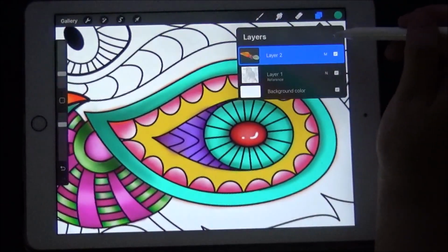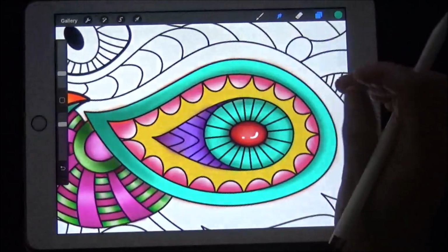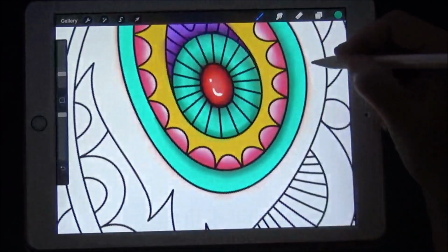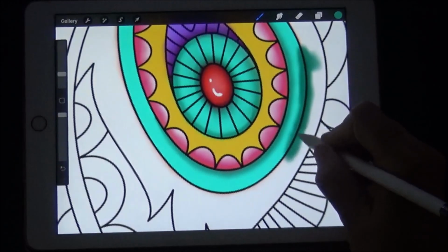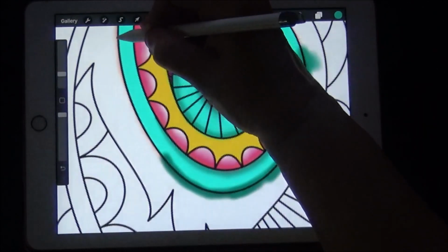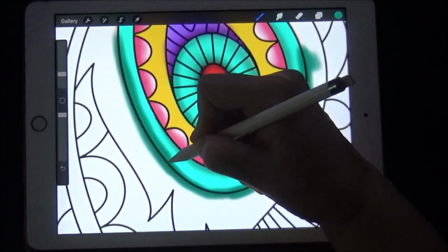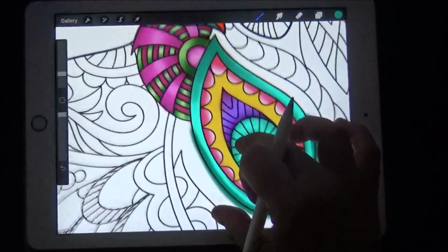Let's make a new layer. Alright, and then I'm going to hit the multiply. And then I'm going to make a new layer. And I'm going to take, I just want to try something here. My brush. And I'm going to airbrush this side like this. Okay, I'm going to airbrush the side. Actually, I could have done that anyway, but